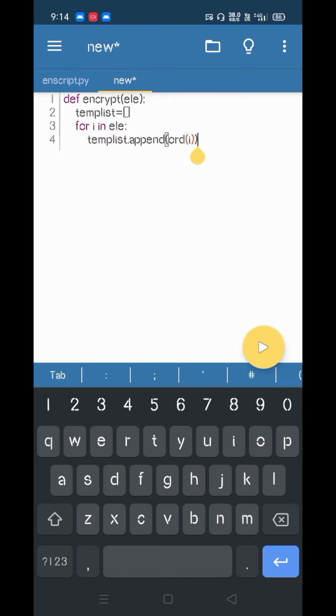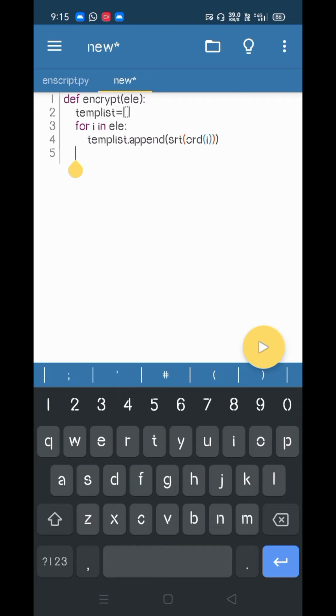Here ord is a built-in function which will give the ord of a letter, so we will get all the ASCII codes of that. After that we have to convert them into strings, so I will directly write the str function here, so it will be easy for our program.